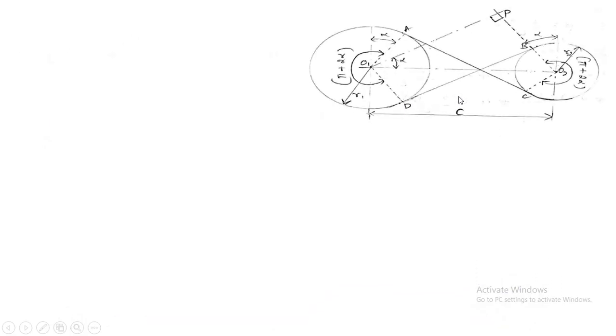Next, let us come to the derivation for the length of the belt in a cross belt drive. And you all know that L is already taken as the total length of the belt. L is equal to L1 plus L2 plus L3. We will call this equation number 1. L is the total length of the belt. L1 is the length of the belt in contact with the larger pulley. L2 is the length of the belt in contact with the smaller pulley. L3 is the length of the belt which is not in contact with either of the pulleys. So L1 plus L2 plus L3.